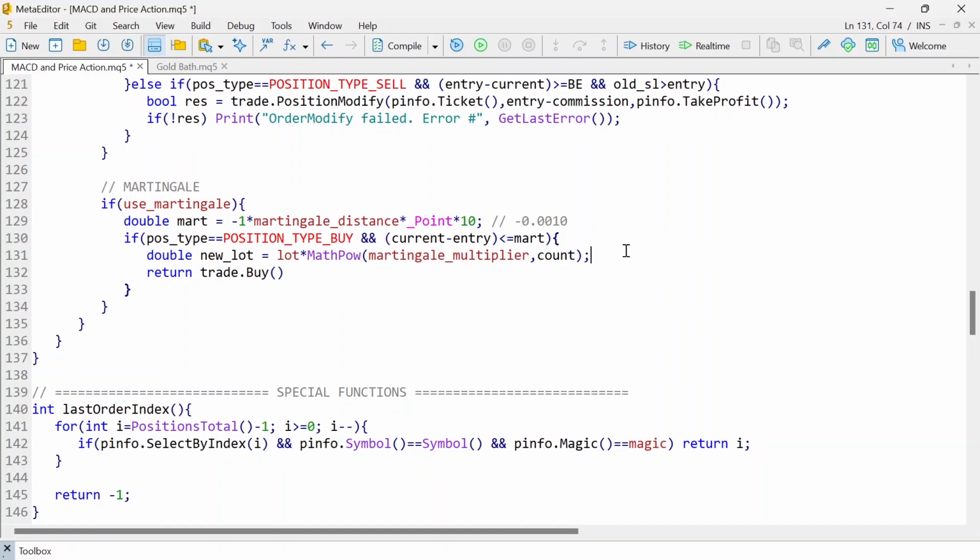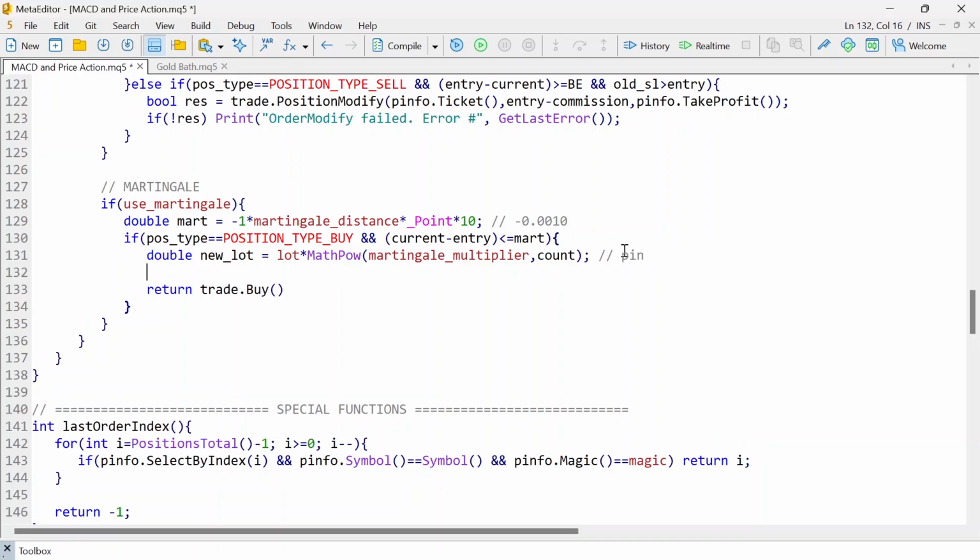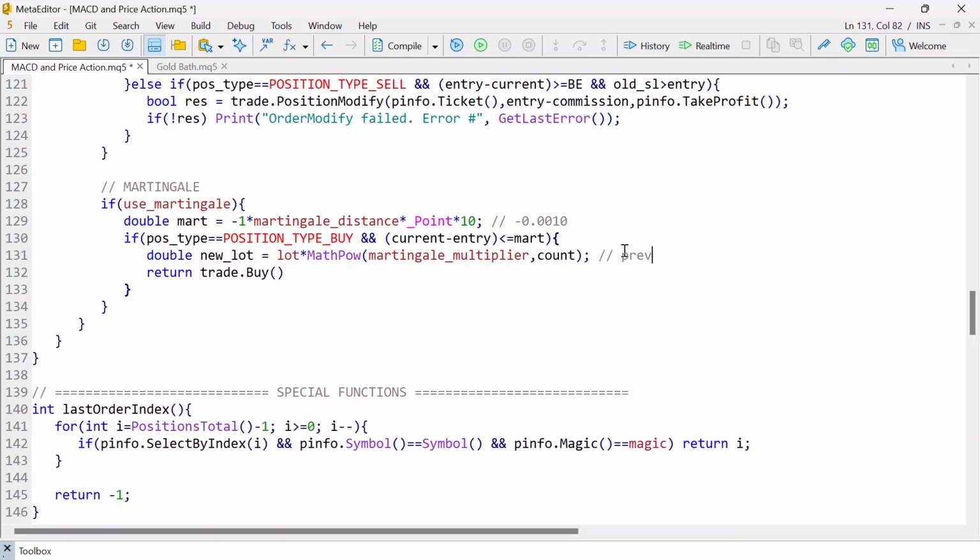Now this is fixed, so this will be doing 0.01. Let's say we start with 0.01 multiplied by 2 raised to the power of the number of count. Let's say we are dealing with the first position, so that will give us 0.02, and the next one will give us 0.04. So the essence of using this method, and not just using the previous lot size multiplied by the multiplier, is